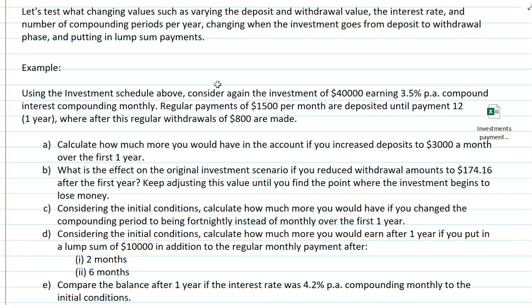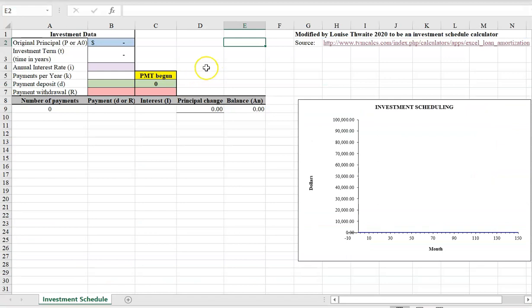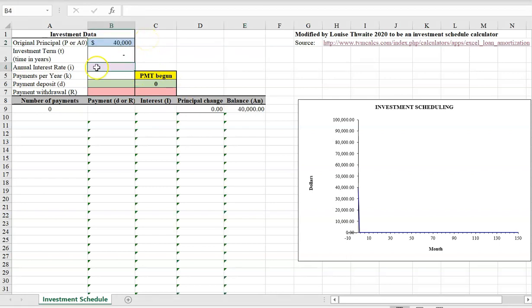So let's open up the spreadsheet and have a look at how it works. So it should be like this when you first open it. Everything's blank. You just need to enter in the relevant amounts. So we're starting off with a principal of $40,000. Because I'm an amateur Excel person, this is just built using my knowledge of formula. So it won't work properly until you put all of the